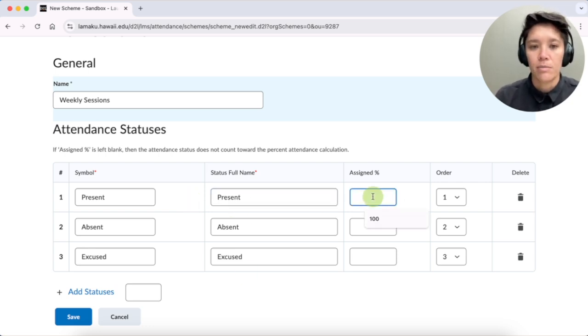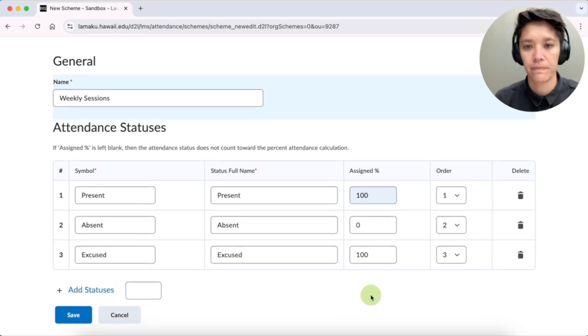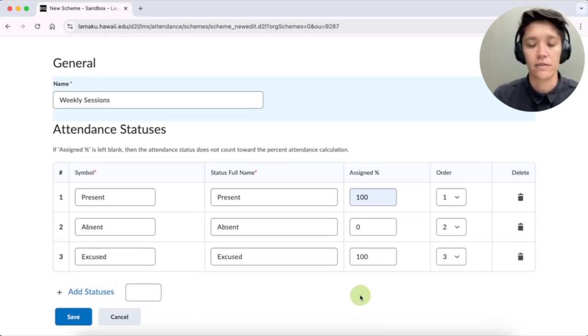For the assigned percentage, I'm going to give 100% for students who are marked present. For absent, I'm going to put 0. And then for excused, I'm going to put 100. This is where that cause for concern percentage comes in. Students who start getting towards that cause for concern are flagged in the register. Okay, this looks good, and I'm going to save